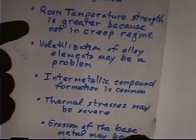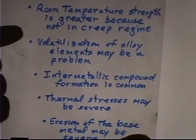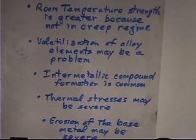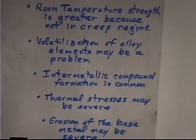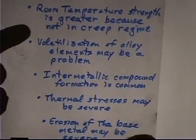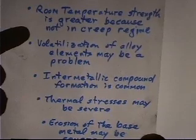It turns out we've already talked about this: the room temperature strength is greater than soldering because it's not in the creep regime. If you take 273 plus 425, then clearly at the brazing temperature you're above half the absolute melting point, but at room temperature you're going to be below it, and therefore you're not in the creep regime. And you can get braze joint strengths, again a rule of thumb,